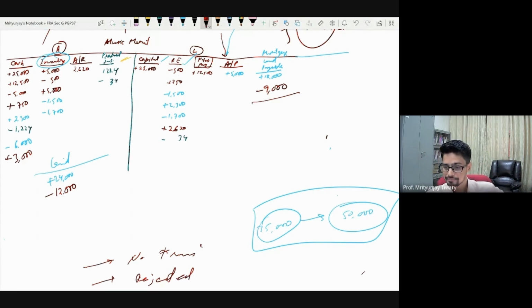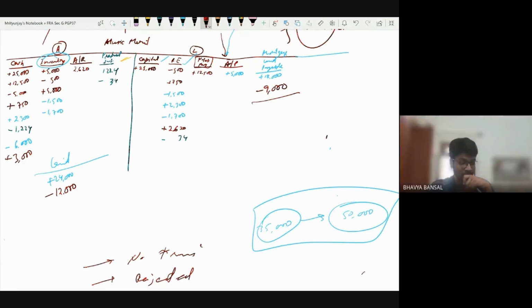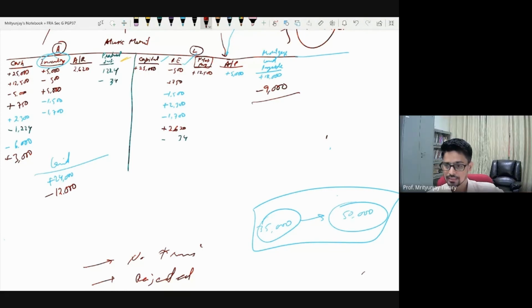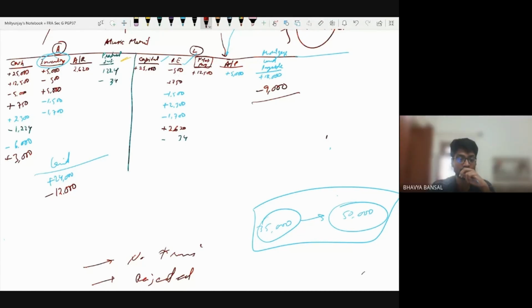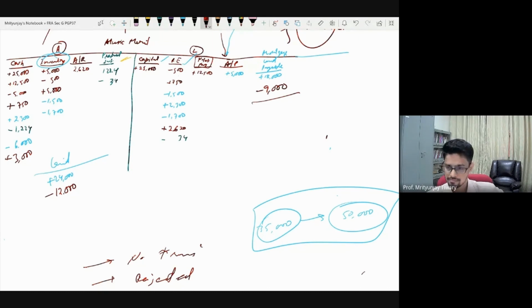Anybody? Bhavya, go ahead. So, sir, the transaction has not happened, but we have realized the fact that goodwill has increased, or I mean, we have become cognizant of that fact. So we have to record goodwill at least. Okay, how do we do that? So we will make an asset, with another name, maybe goodwill, and